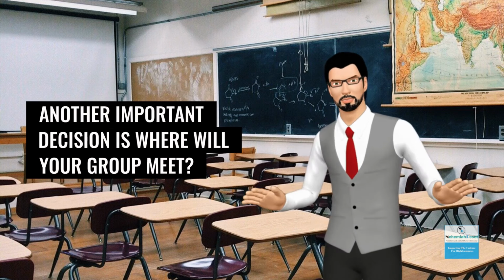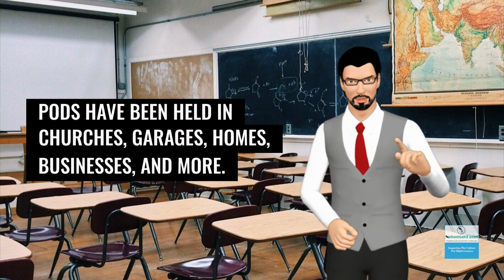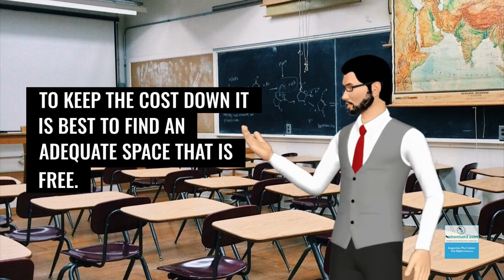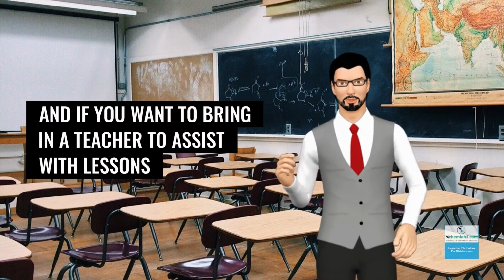Another important decision is where will your group meet? Pods have been held in churches, garages, homes, businesses, and more. To keep the cost down, it is best to find an adequate space that is free. You'll also want to decide how often your pod will meet, and if you want to bring in a teacher